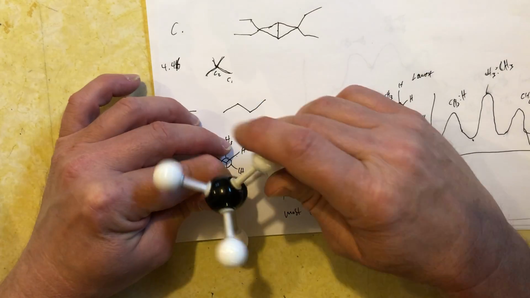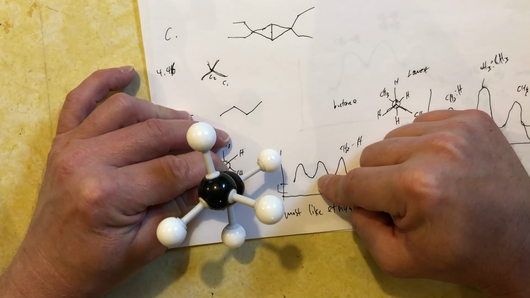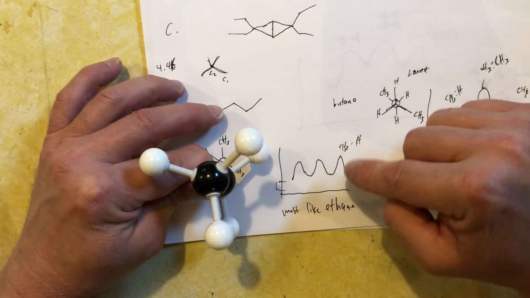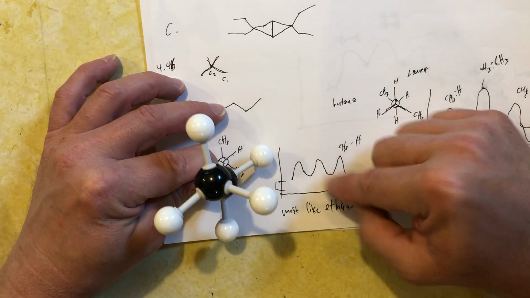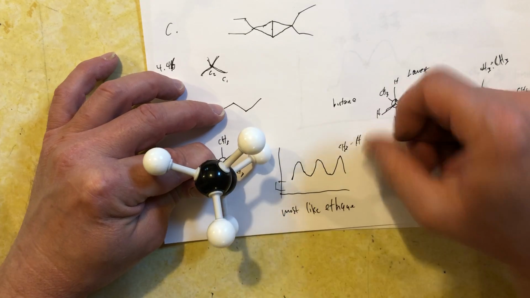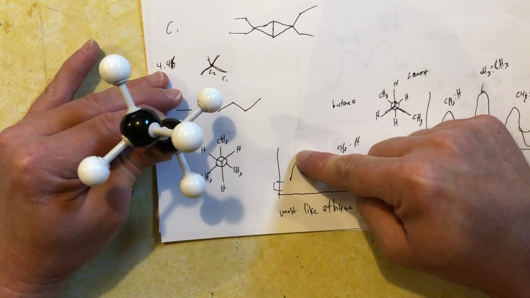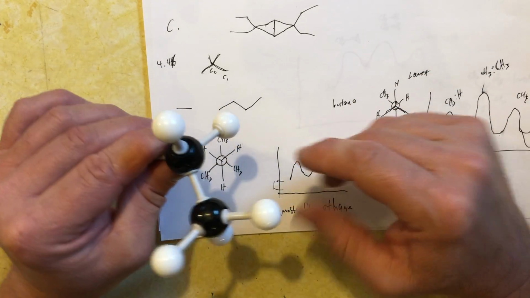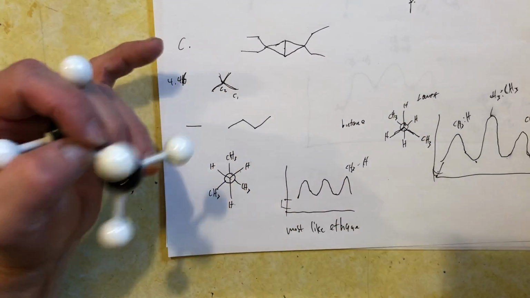High energy, low energy as it's staggered, and then eclipsed, high energy, and then staggered would be low. Eclipsed would be high energy, staggered would be low, and all this would be symmetrical. The peaks would all be the same, the valleys would all be the same. Now, if it is this guy,